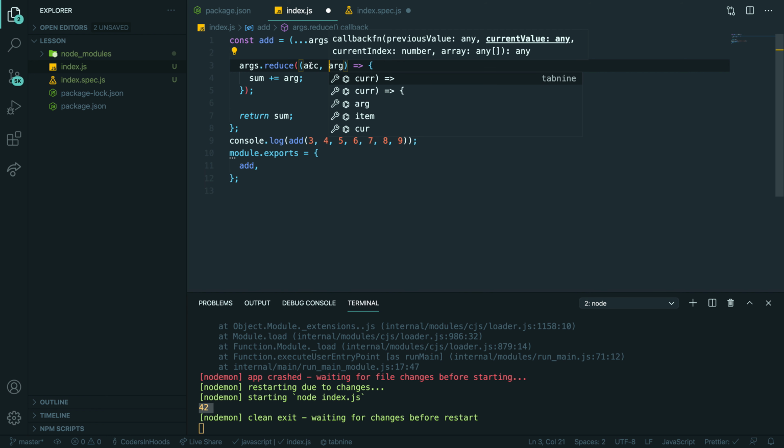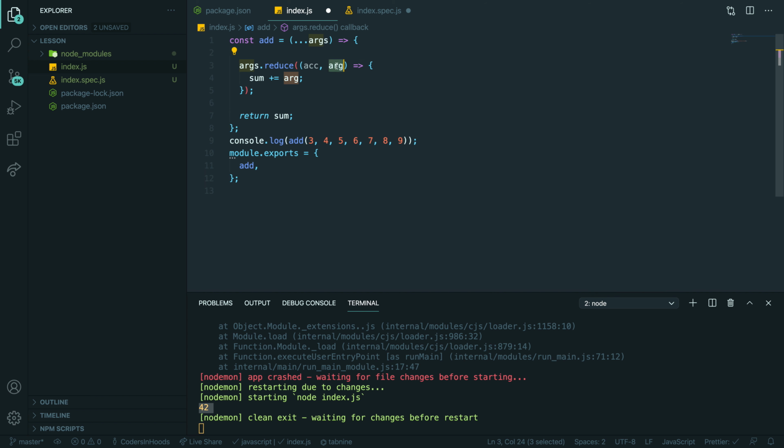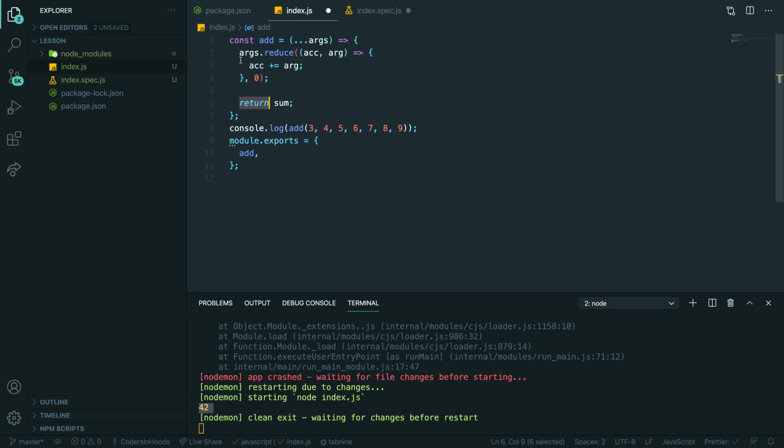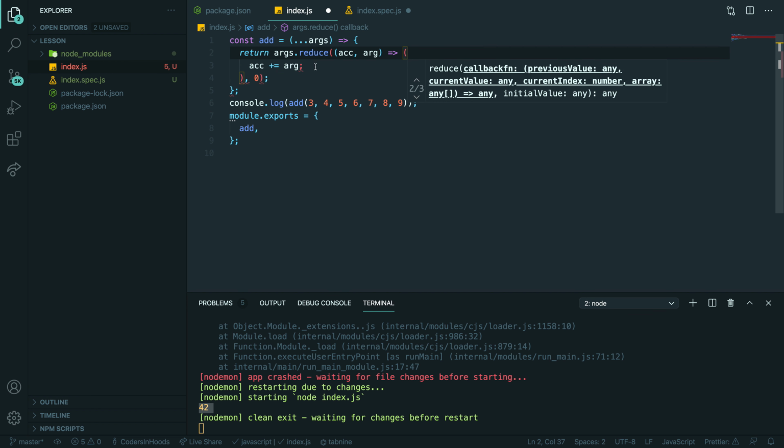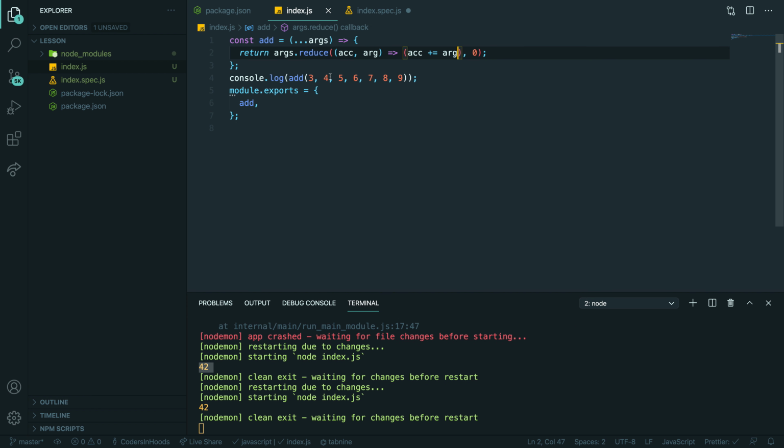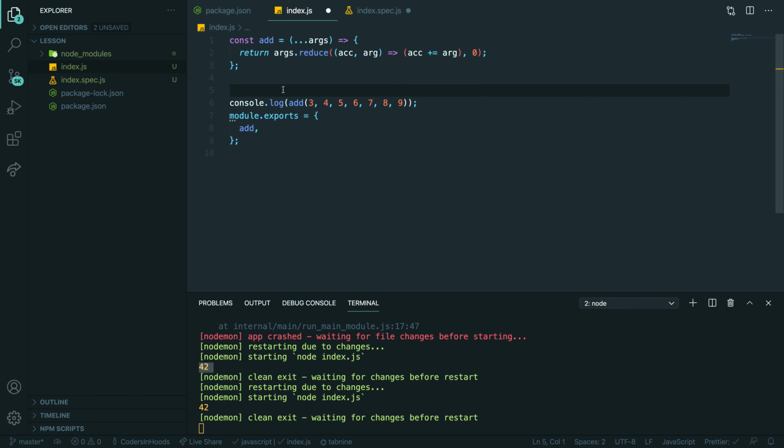You have an accumulator and an argument in our case, and as a default value you set 0, so you start from 0. Here you're doing accumulator plus arg, and it returns the total by default. You don't need to have this one. Looks neater, definitely less code.